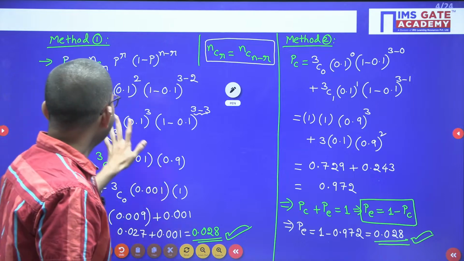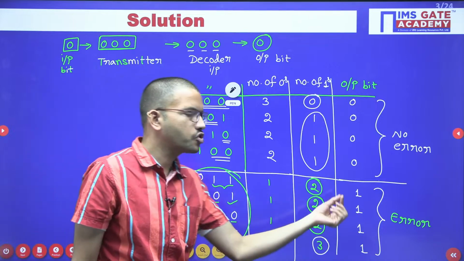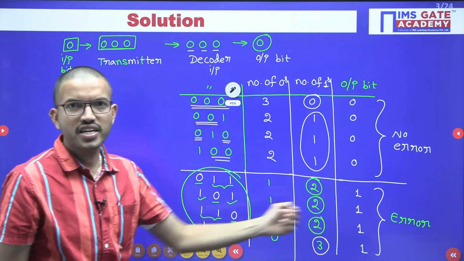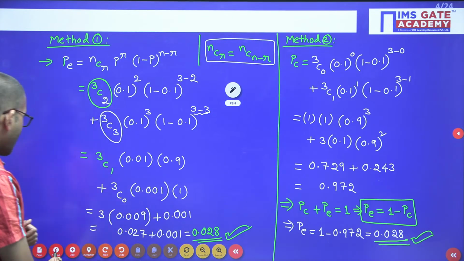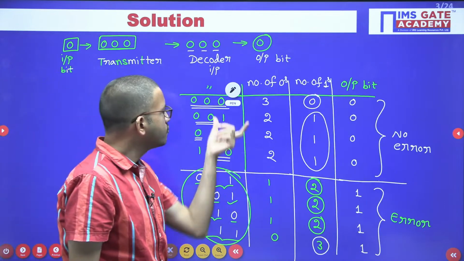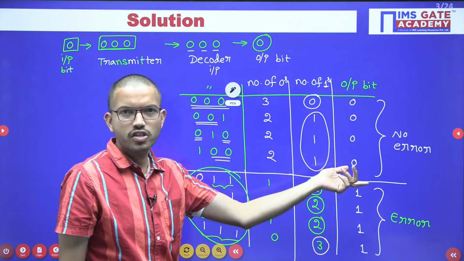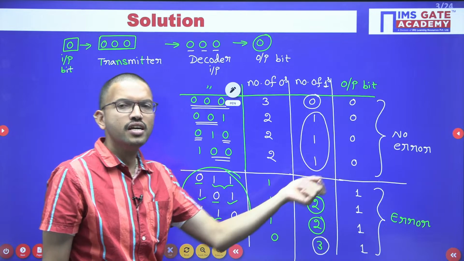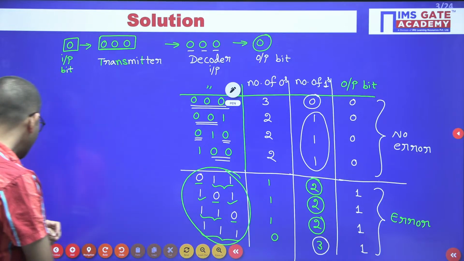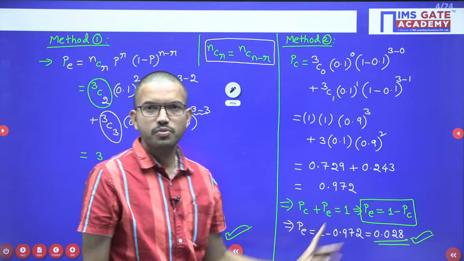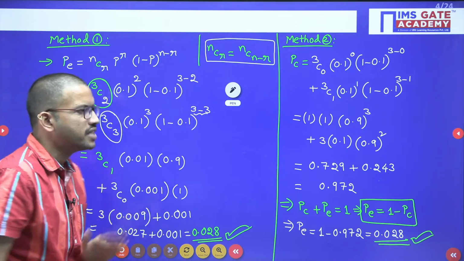So in the previous method, or first method, what we have done is we focused on the combinations where we are going to get error, right? So with the help of this one, directly you will get the answer. And in the second method, what we have done is we considered the combinations in which there is no error. No error means correct values you are going to get, right? For that we calculate the probability, and whatever correct probability you got, we subtracted from 1, so that we get the probability of error. So for this question you can solve with the help of first method or second method, you will get the same answer.